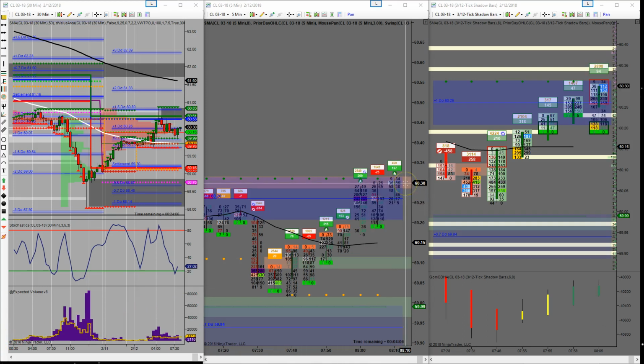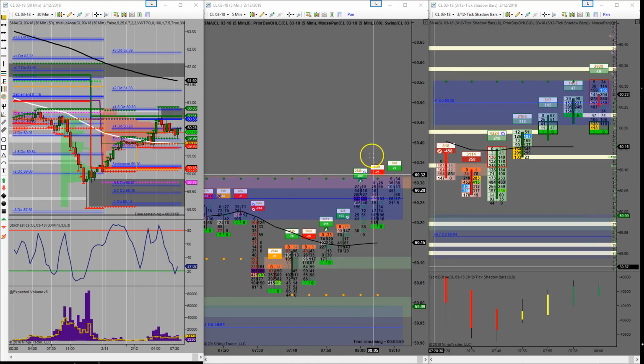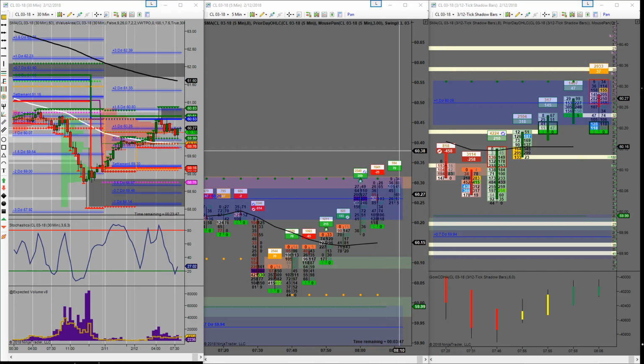Okay, got half off here, 60.30. At this point, stop's going to be sitting at 18 right now for a 2 tick stop, and then I'll look to peel one off here at 60.40 for 20 ticks. Okay,